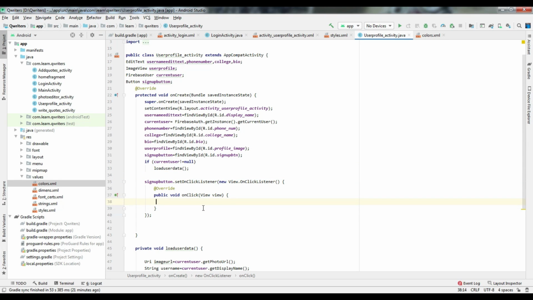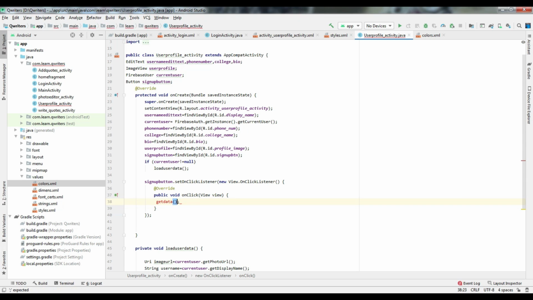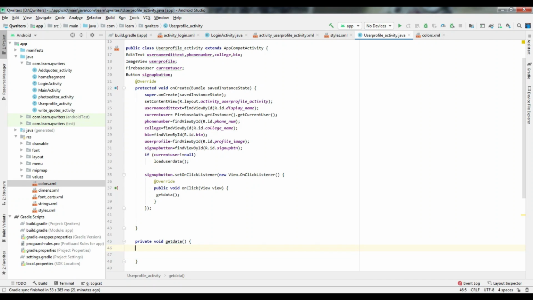In the on click listener, define a method get data, your own wish, whatever method you want to apply, and just click alt plus enter and create method in user profile activity. In that we'll take all the data from each and every edit text and we'll save it into database.